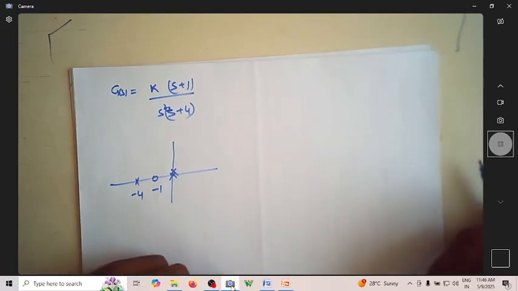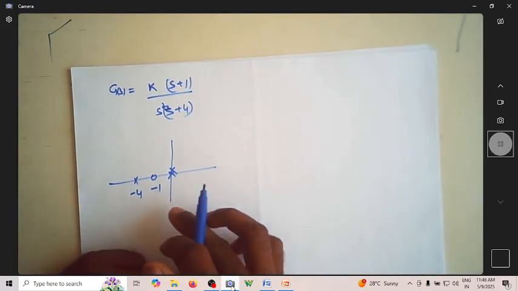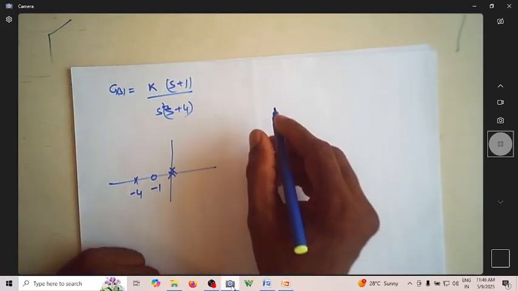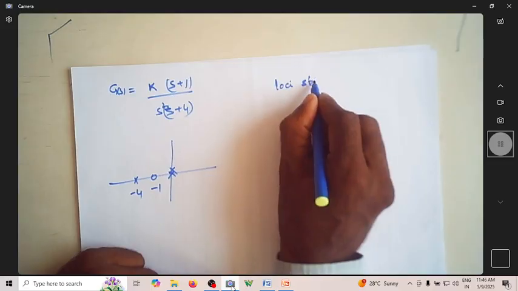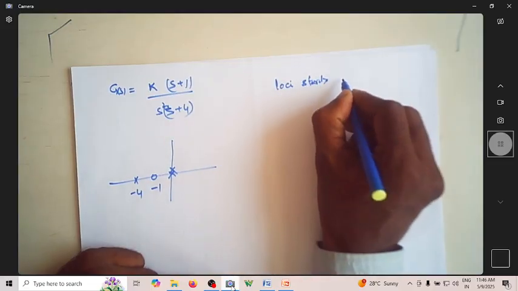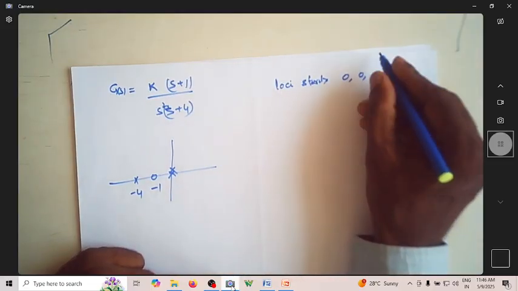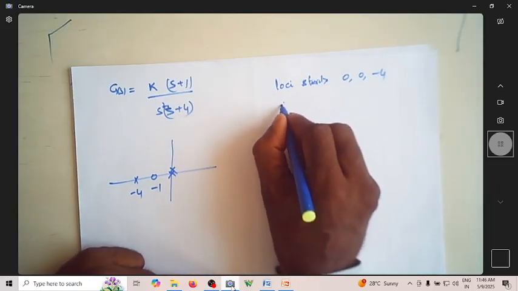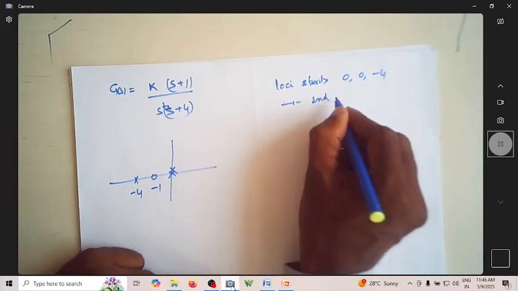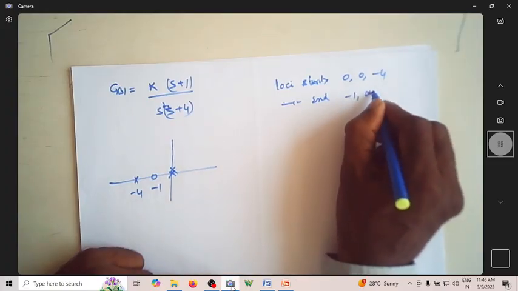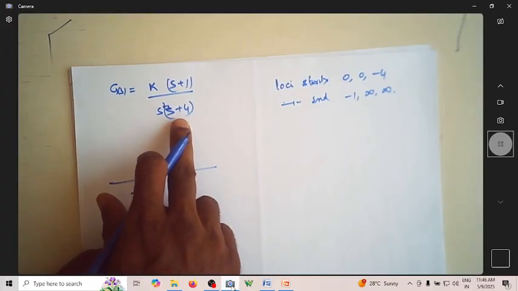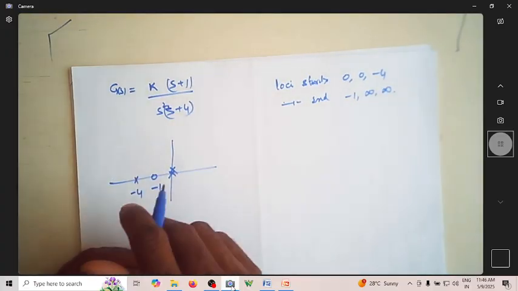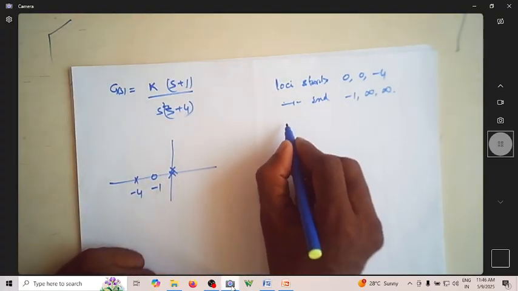In order to write the root locus of this, we know that the loci start at the origin and minus 4. Loci will end at minus 1 and infinity, because two will end at infinity and one will go to the zero position. And asymptotes,